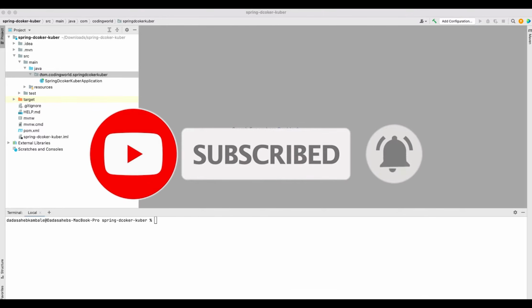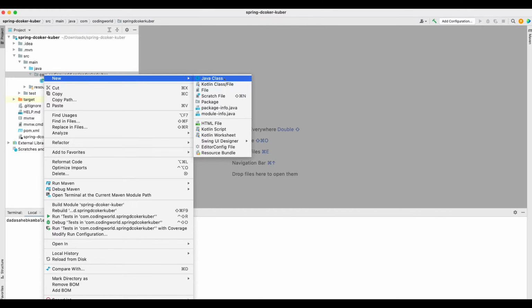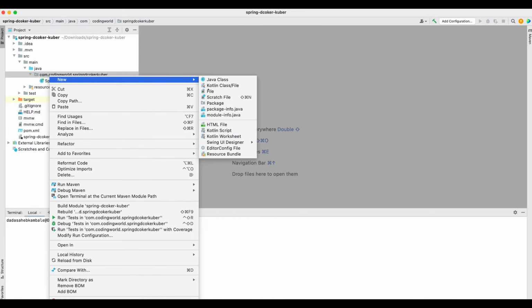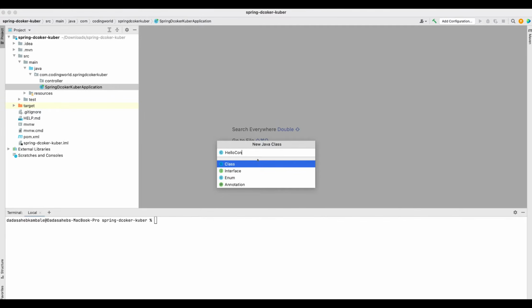Now let's create a simple controller with a simple GET API which we will call from our deployment. So when we deploy this application on Kubernetes, we will call that specific API and check whether the application was successfully deployed or not. For that purpose, we create a simple controller. I will create one package and one controller, let's call it HelloController.